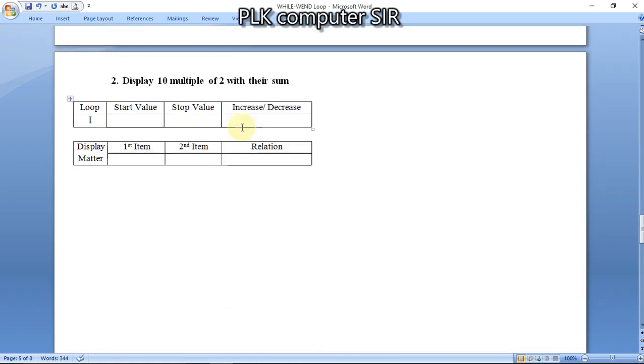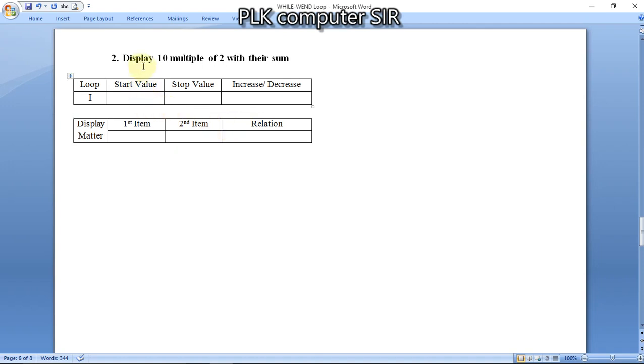Okay, now the second question: display 10 multiples of 2 with their sum. My dear students, in our previous example it was the multiplication table of 5, but in this we have to find the multiplication of 2 as well as the sum also. Start value 1, up to 10, and the value of I will be increased by 1. First printing item is 2 into 1 equal to 2.